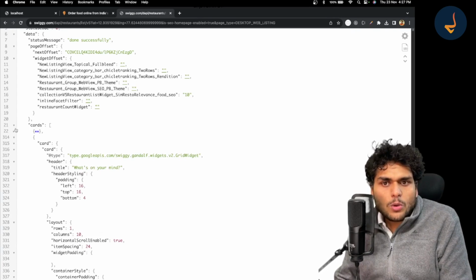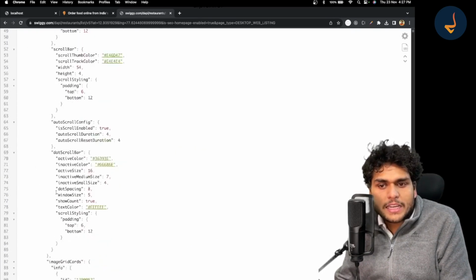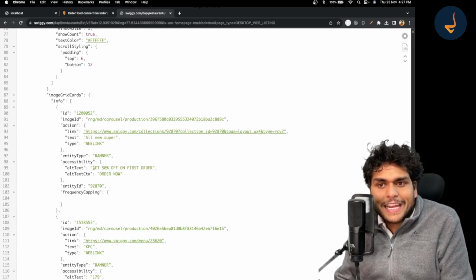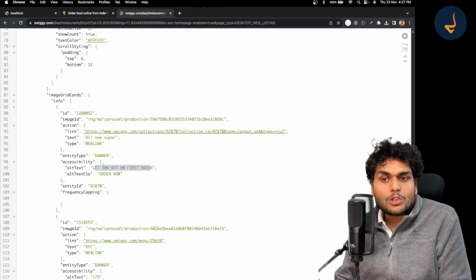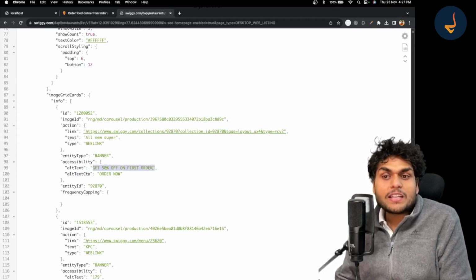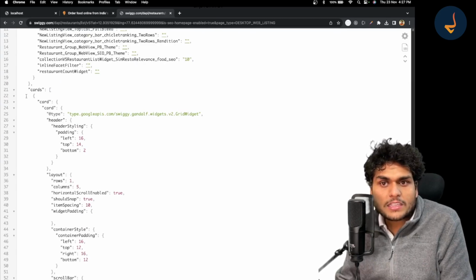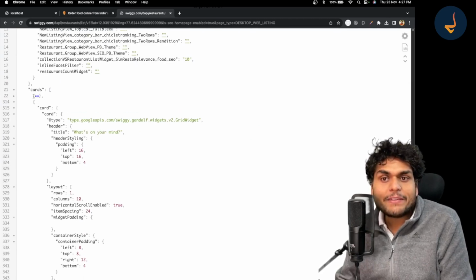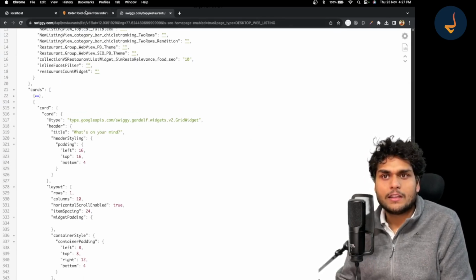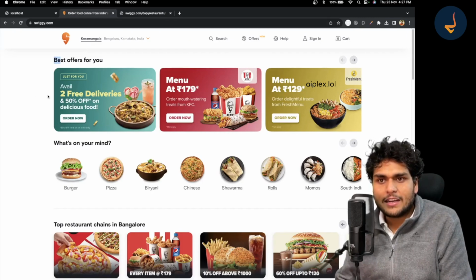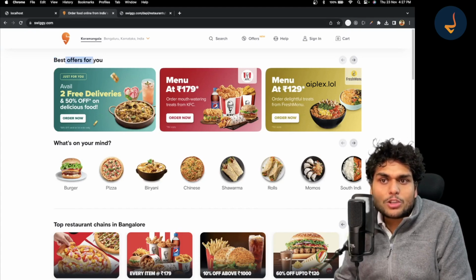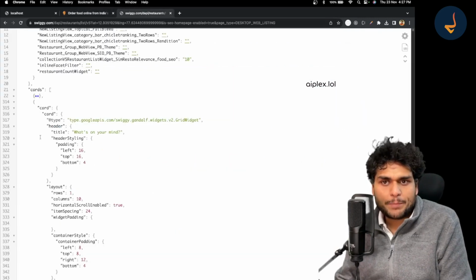This first object is basically get 50% off on your first order. This first object is giving you the offers. The best offers for you are coming in the first object.